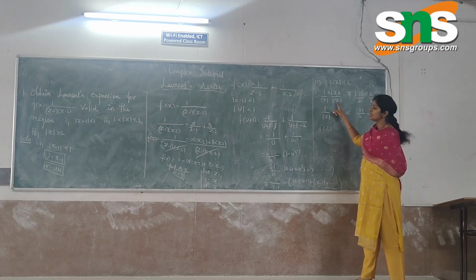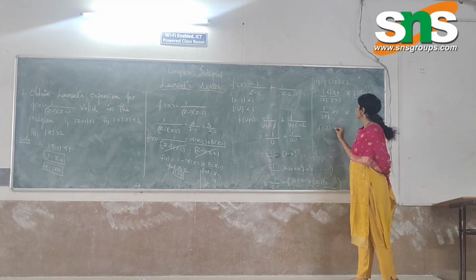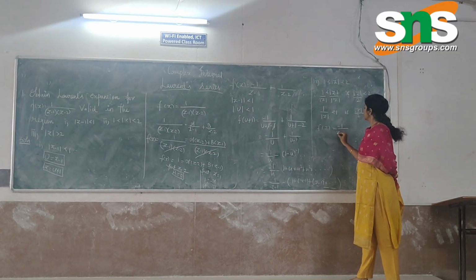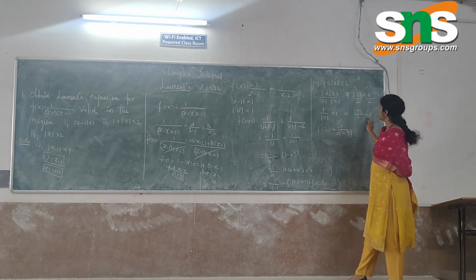So here we have divided by z. From the first term we take z as common, so minus 1 divided by z into (1 minus 1 by z). In the second term we take